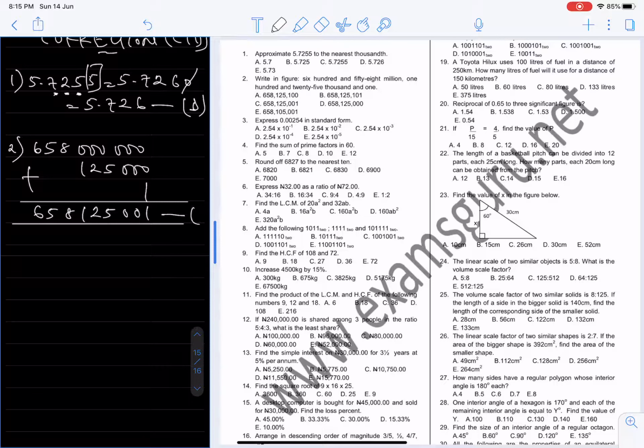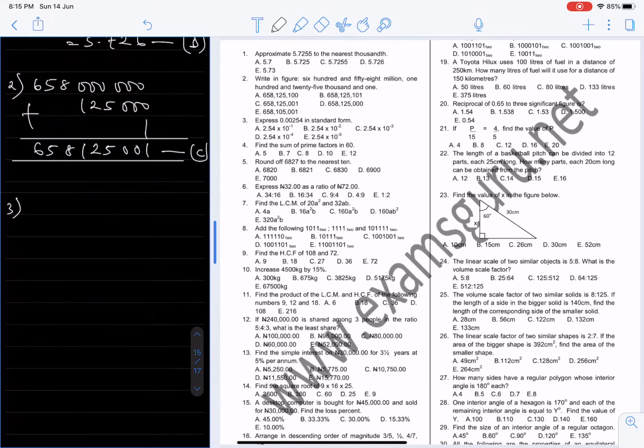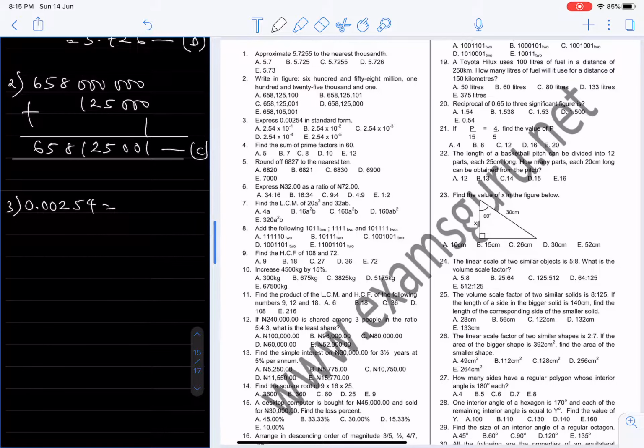The correct option is C. Now to the next, number 3. Express 0.00254 in standard form. When you are expressing in standard form, just move the decimal point to the front of the first significant figure in the number. There are 3 significant figures in this number: 2, 5, and 4. The first one is 2, so I'm moving the decimal point to the front of the first one, which is 2. When I do that, it becomes